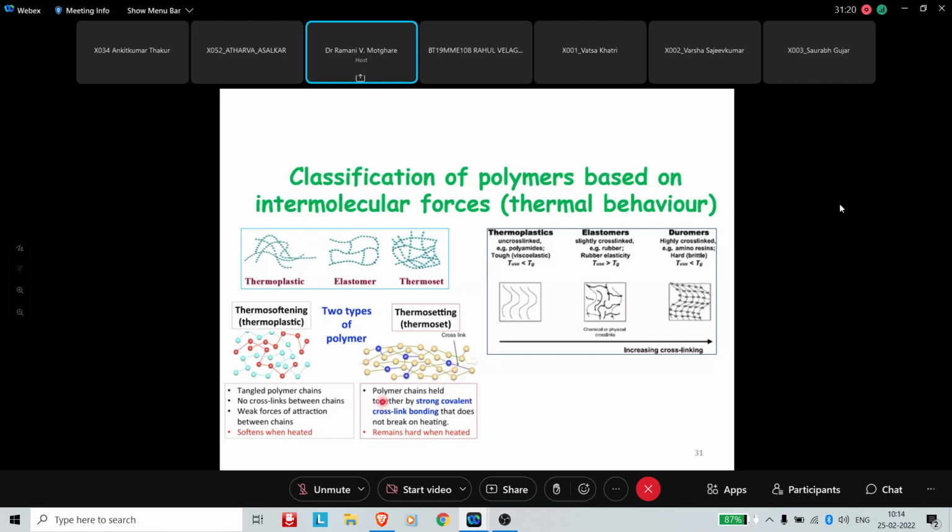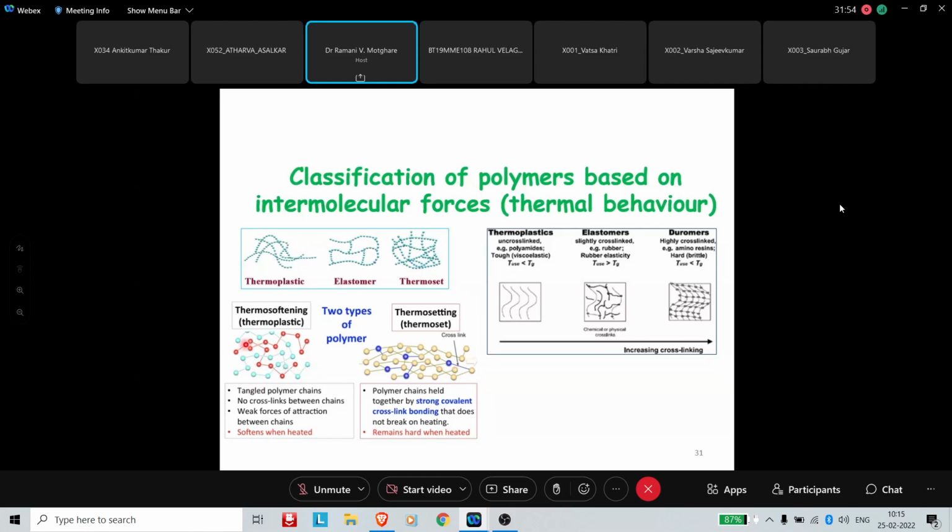And that is why when you heat a thermosetting polymer, because all are covalently bonded, you will find that when you apply heat, the heat is not sufficient to melt it. Whereas in thermoplastic polymers, like the intermolecular forces, this is one molecule which is green in